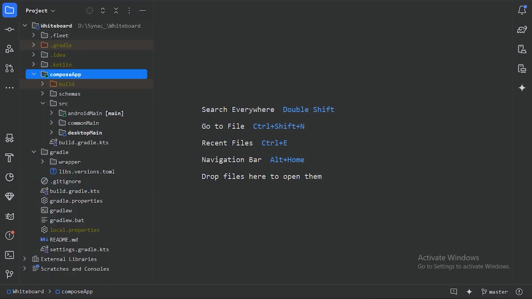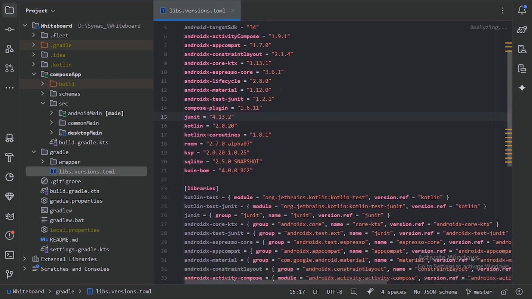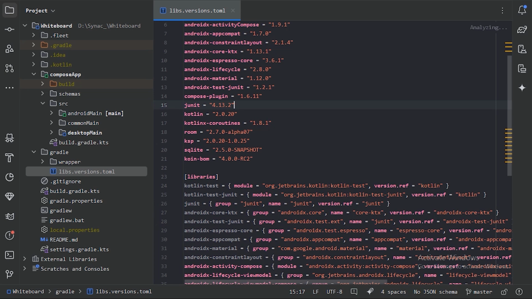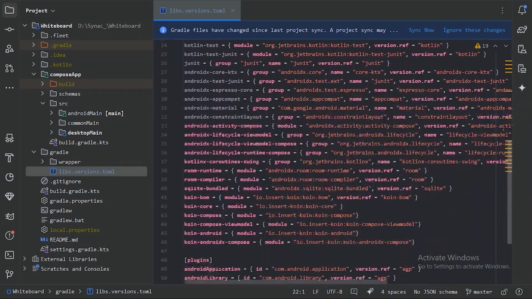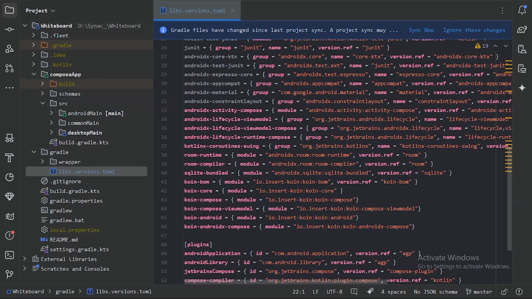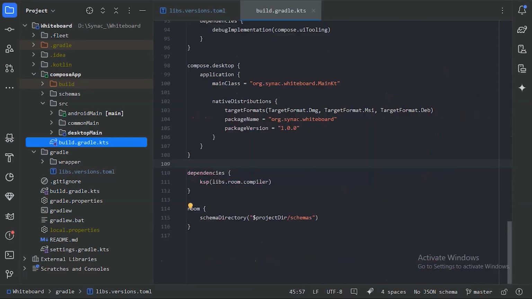And first go to our version catalog file. And here we need to update this Koin version to 4.0.0. And we can remove this release candidate version because Koin 4.0 is available. And next thing, we can remove this dependency koin-androidx-compose, and go to our build.gradle module level file